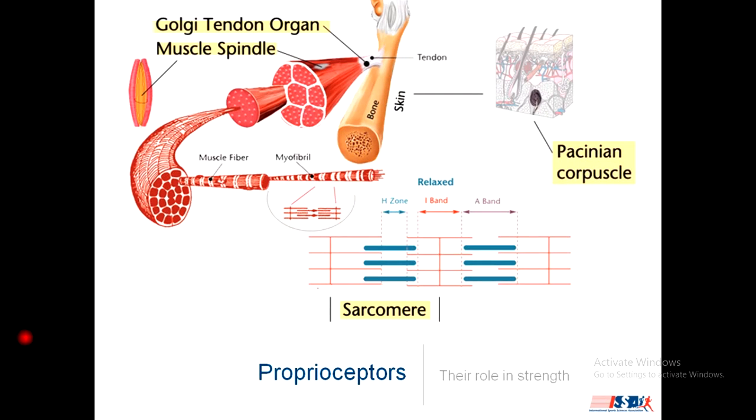The anatomical and physiological basis of stretching revolves around the sarcomere, and the three primary inhibitory proprioceptors: the Golgi tendon organ, the muscle spindle, and the Pacinian corpuscles. The Golgi tendon organ is located at the musculotendinous junction, and it detects the magnitude of mechanical stress at this location. When excessive tension develops, the Golgi tendon organ causes the motor cortex of the brain to shut off muscle